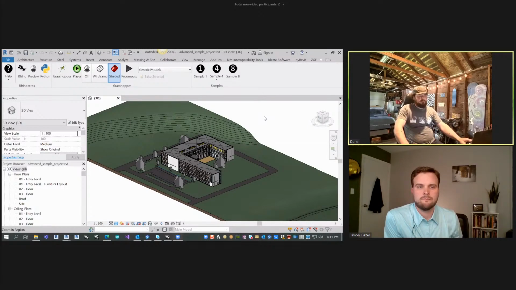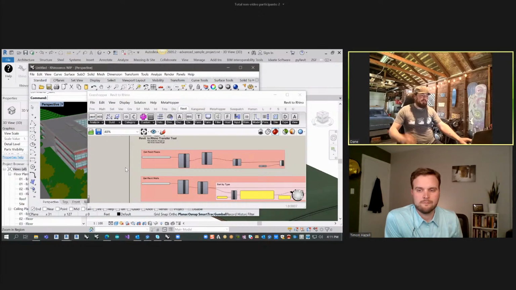So what happens is, this is a kind of fun experiment where, under add-ins, there's a Rhino button, and then when you deploy Rhino Inside, you actually get a Rhino button and a Grasshopper button inside of Revit. And like we said earlier, you can deploy Rhino Revit inside of Rhino and Grasshopper inside of any 64-bit program,